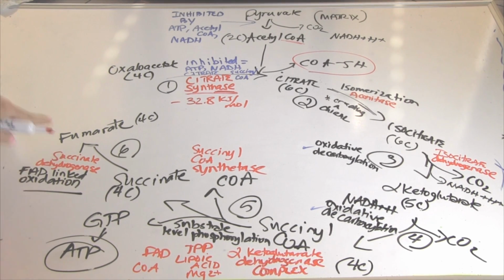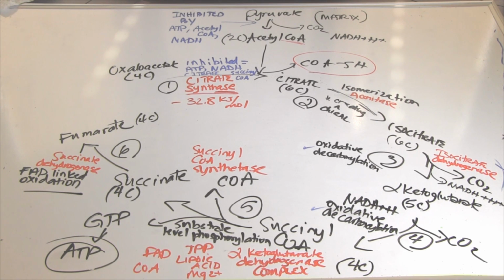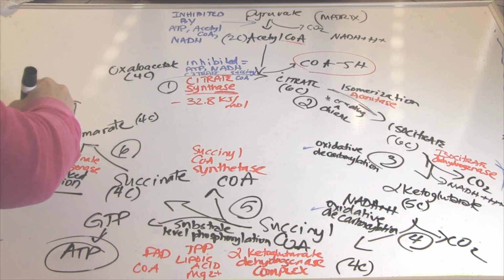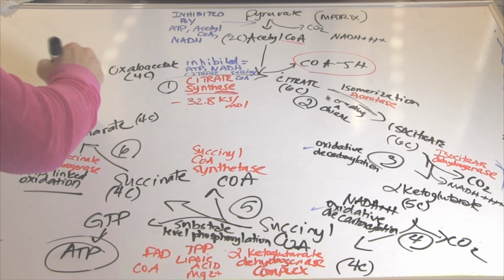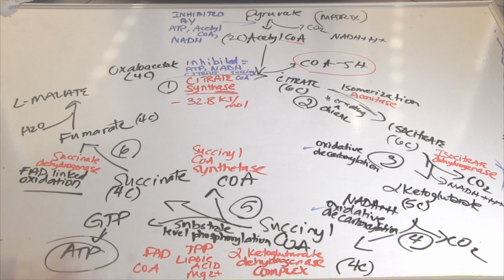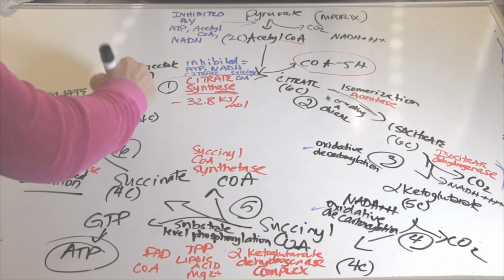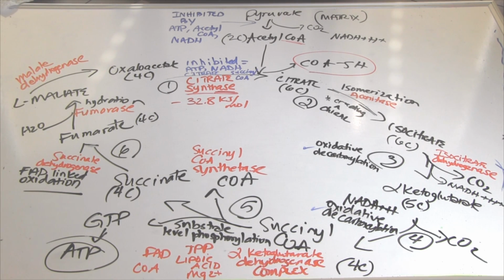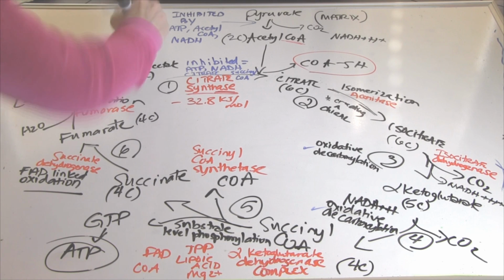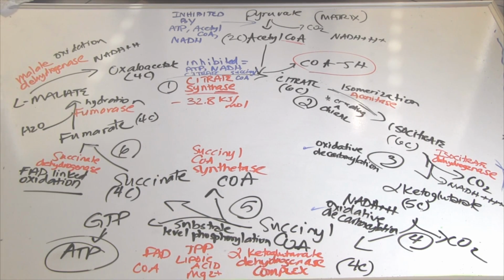All right, from here we have a fumarate molecule. We just need to get it to oxaloacetate. So we're going to add water. So this is a hydration step, and this is going to give us malate, L-malate to be specific. This is done by fumarase. So this is a hydration. And the next step is going to be another oxidation. Okay, so this is an oxidation step from L-malate to oxaloacetate, and this is going to be catalyzed by